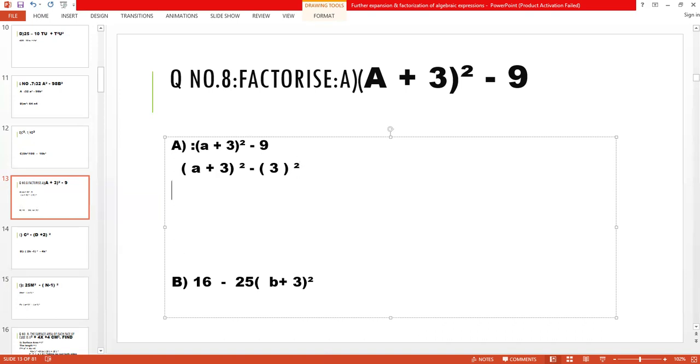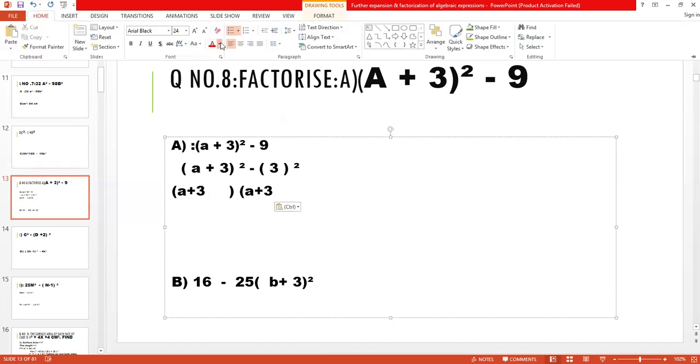Now in the third step, what shall we have to do? First we have to write the first term, that is a plus 3. And then I have to close the bracket. Next I again write the first term, that is a plus 3. So I again write the first term, that is a plus 3. Now this one is the second term, plus 3. So one time what shall we do? I have to add this plus 3, and one time I have to subtract this plus 3.